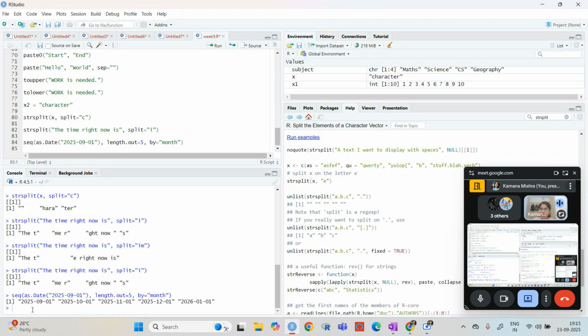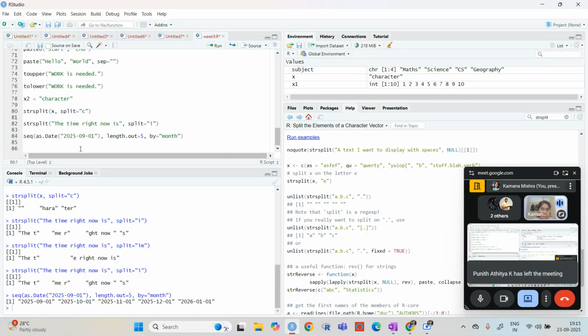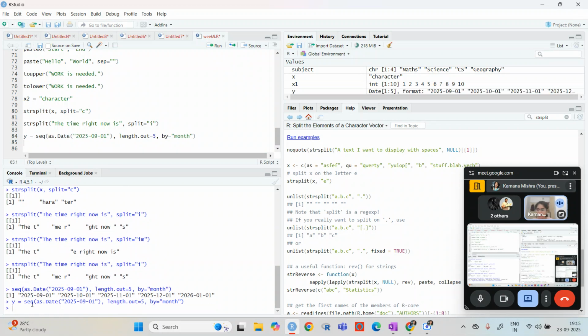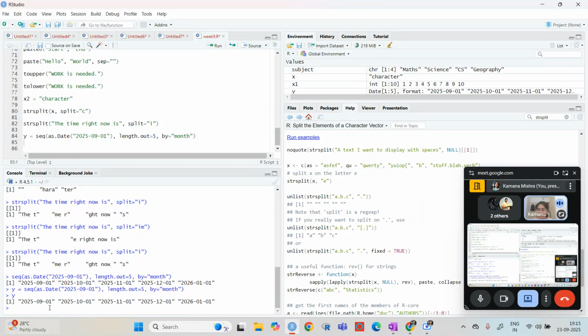If you remember that, that is the way we write the sequence of dates. So I have written here a 1 2 3 4 5 date sequence, and let me save it, let's say in some y. So now my y is basically these strings.